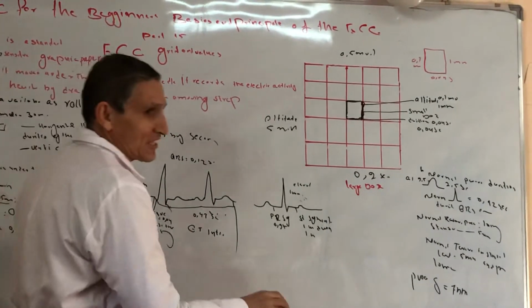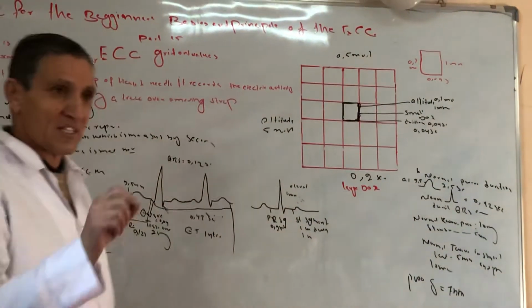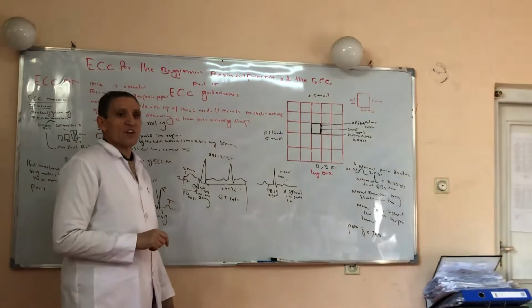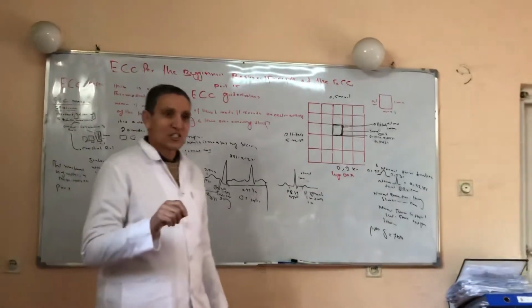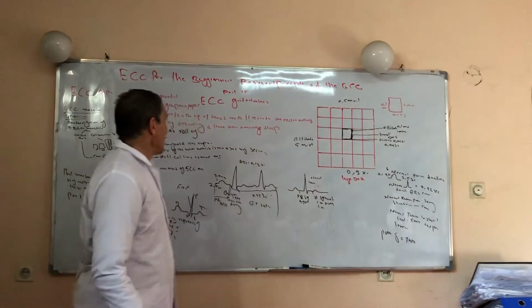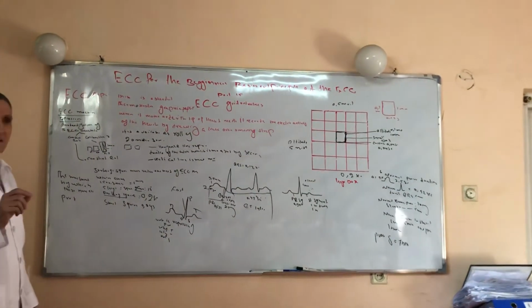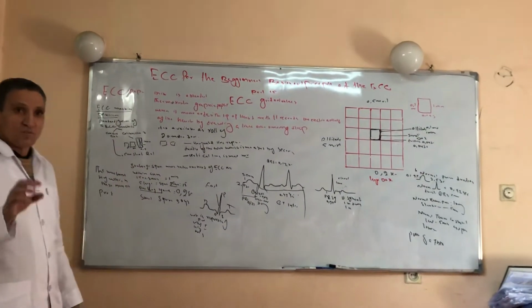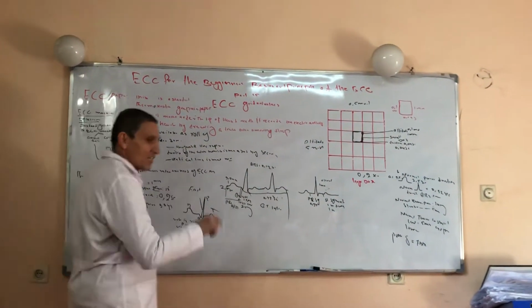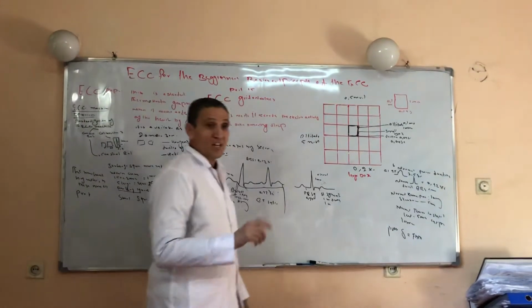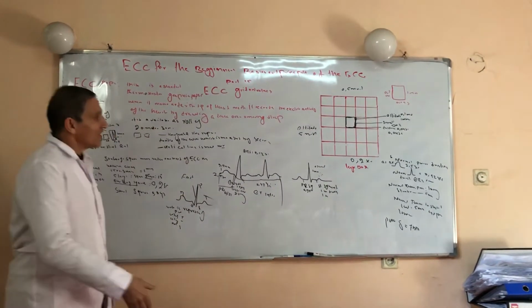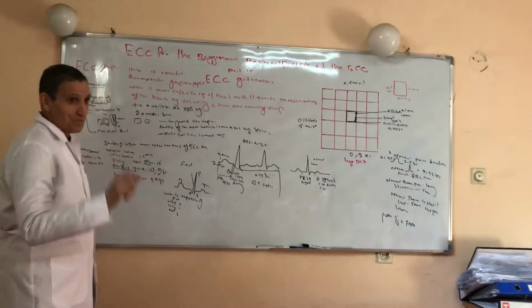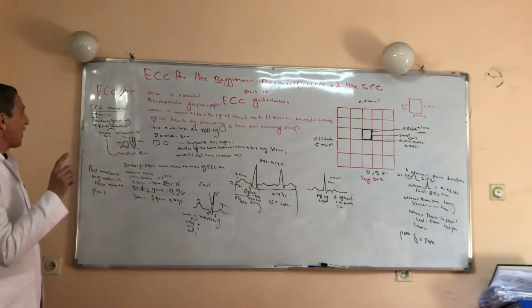So the ECG paper is a standard thermosensitive paper. When it moves under the tip of a heated needle, this heated needle records the electrical activity of the heart over the ECG paper, which is moving. And then the ECG paper is made from large squares as well as small squares. One large square includes 5 small squares. The horizontal line represents duration of the wave, which is measured by seconds, and the vertical line represents the altitude, which is measured by millivolt. This was about the ECG paper.